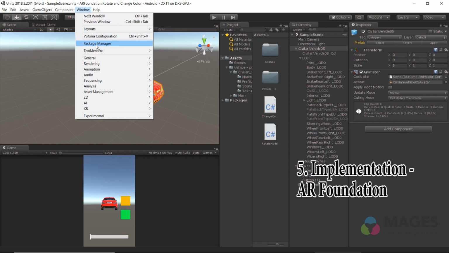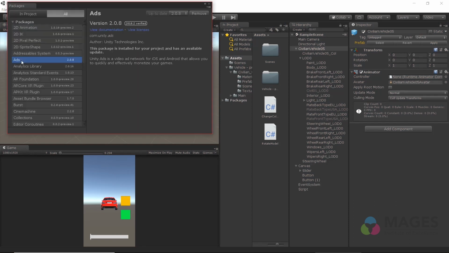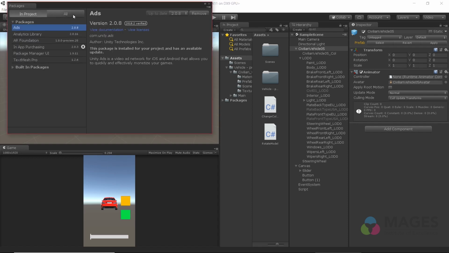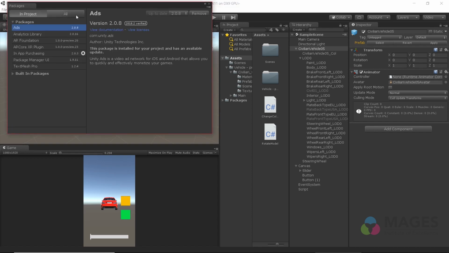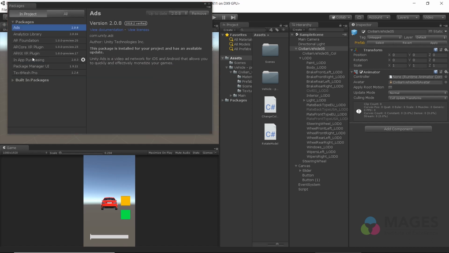And to do that, we need to go to Window, Package Manager, go to All. Let's install the ARFoundation. Go to All again, install our ARCore. And then last is install the ARKit. And after you have installed all three of these,